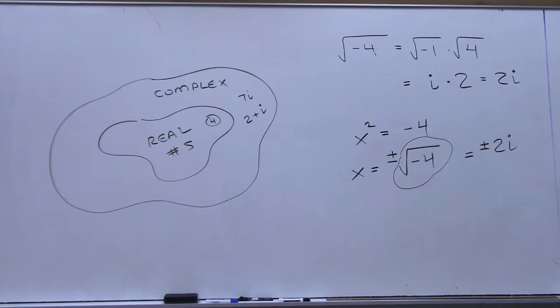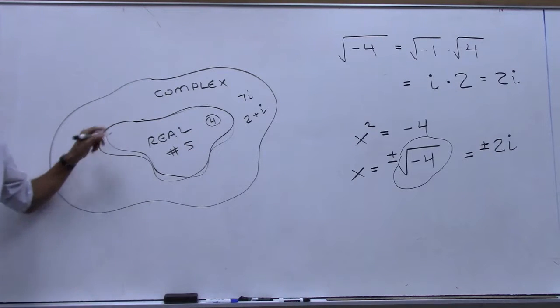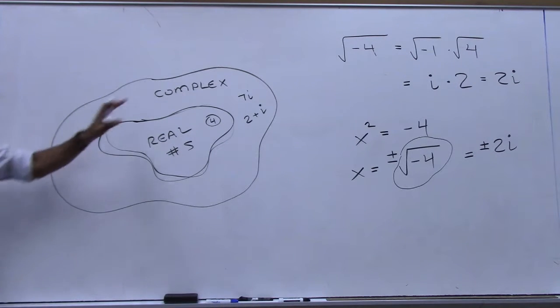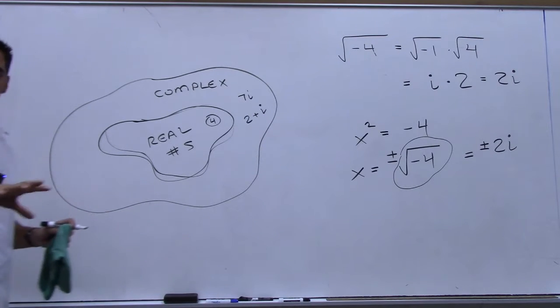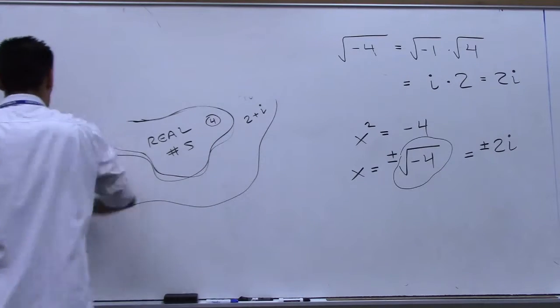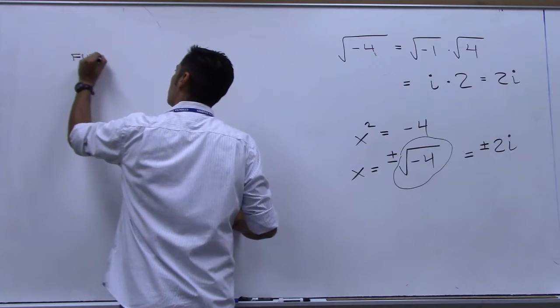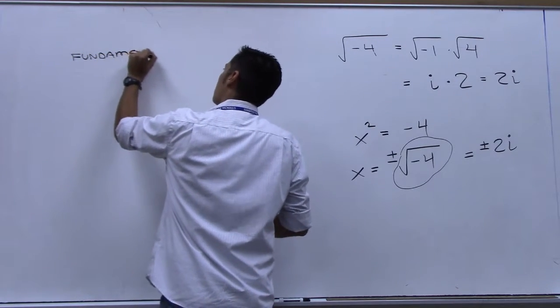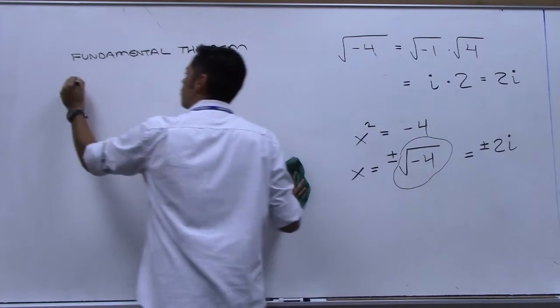If we limit ourselves just to the real numbers, there are no real solutions. But if we allow ourselves to look into the complex numbers, then there are two solutions, aren't there? With me? Okay. The fundamental theorem of algebra, which is what this section is about, says that if you have a polynomial,